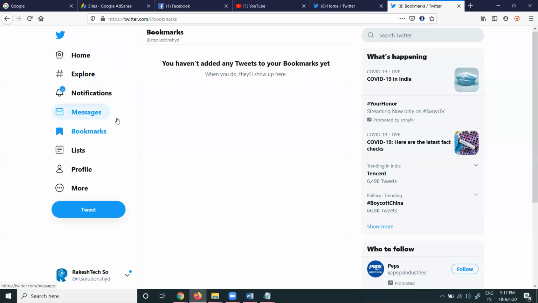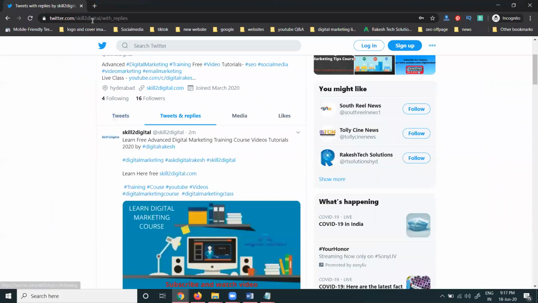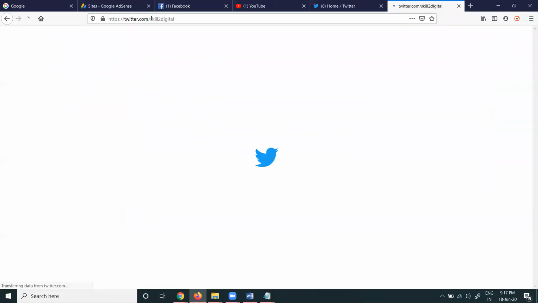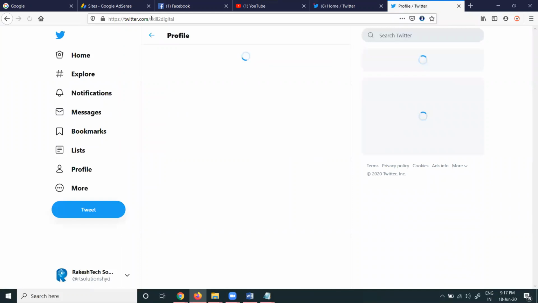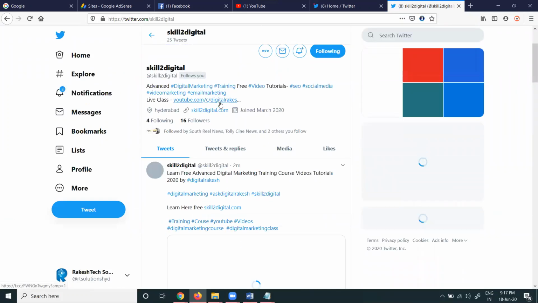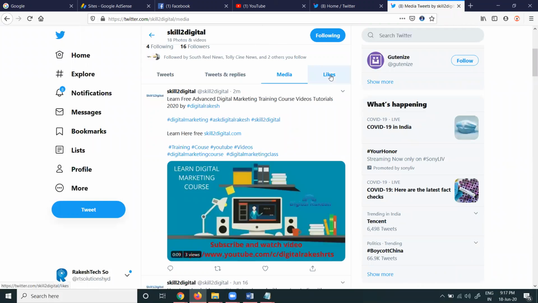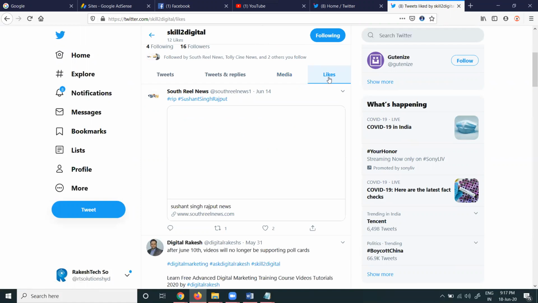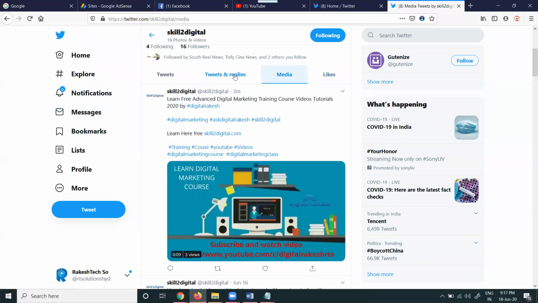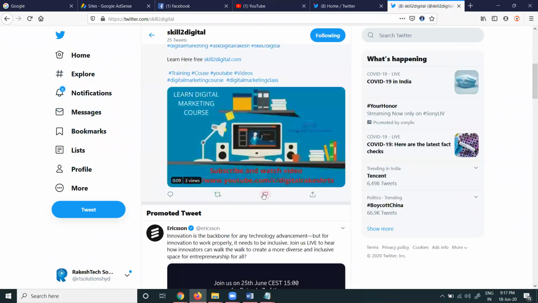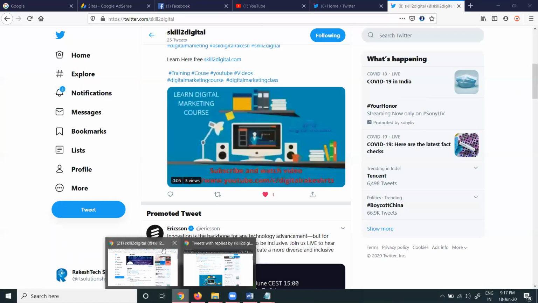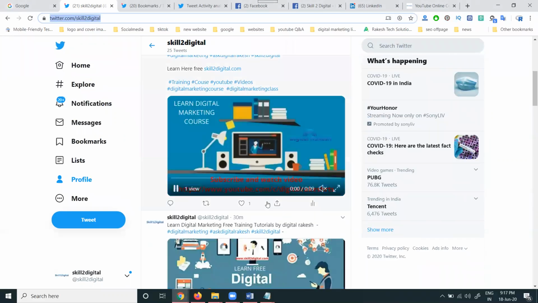So just copy here. What are the tweets here? Replace media and whatever things are given. They show you particular options in this. So these all are particular. Twitter will follow this option. So they will like it now. If you send any message to the particular things, so that is what we discussed here.